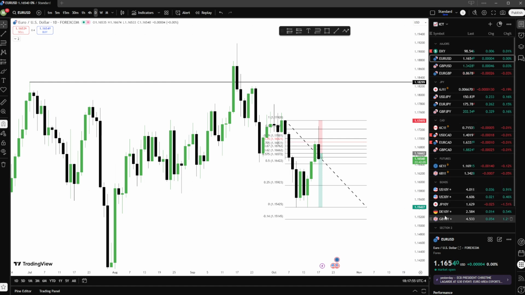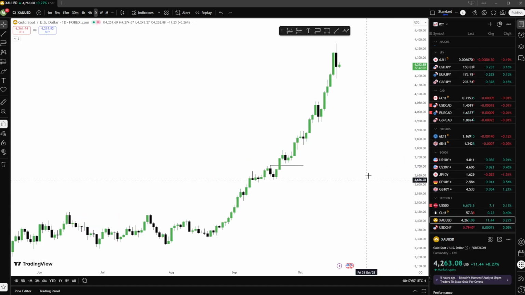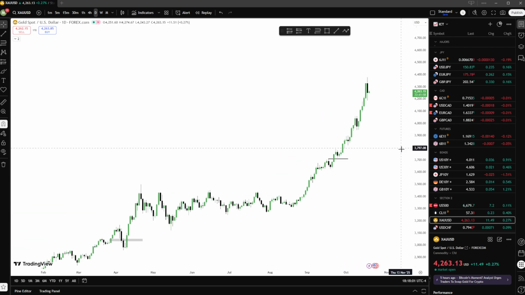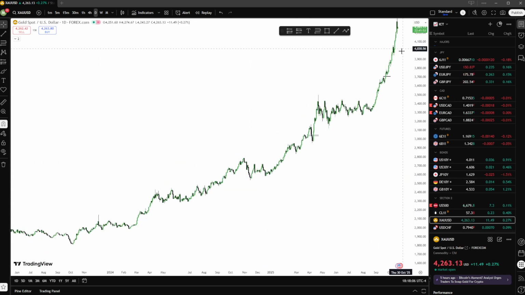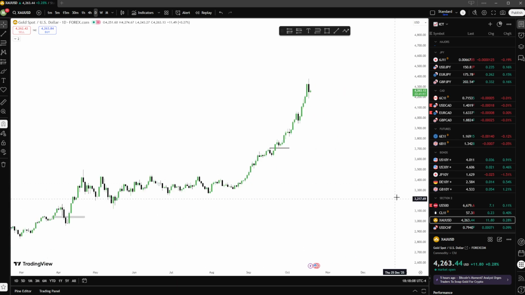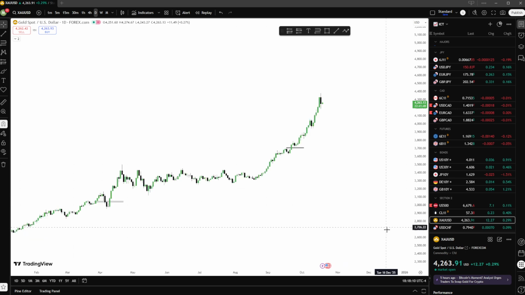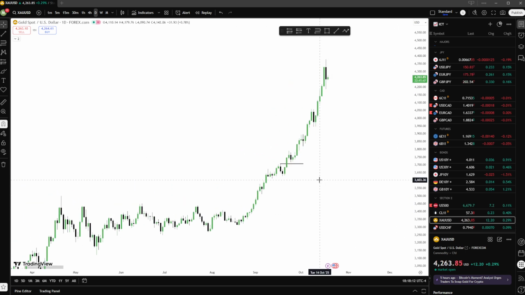If we move across to gold, we'll just cover gold pretty quickly. We had a retracement on the Friday. However, it doesn't really seem to be doing much. We've seen such expansion in gold over the past couple of years. It's just been shooting higher and higher and higher. I think it's mainly due to the uncertainty around all the economies in the world since COVID. We've had a lot of sort of economic problems come up, labour market in America. We've had inflationary problems all over the world, and tensions have been heating up in different places, which when investors